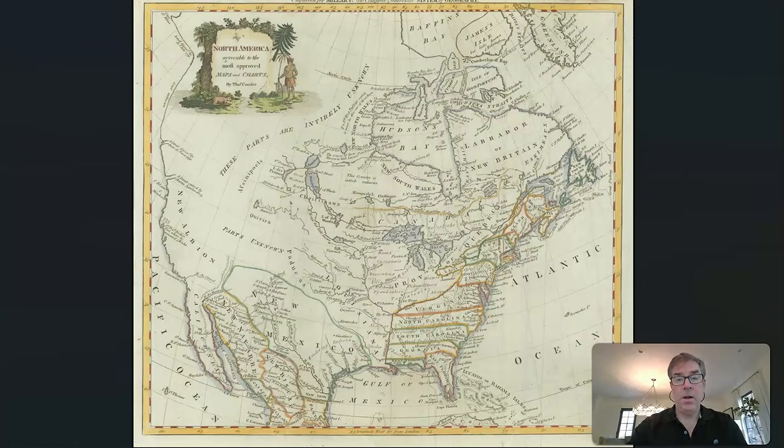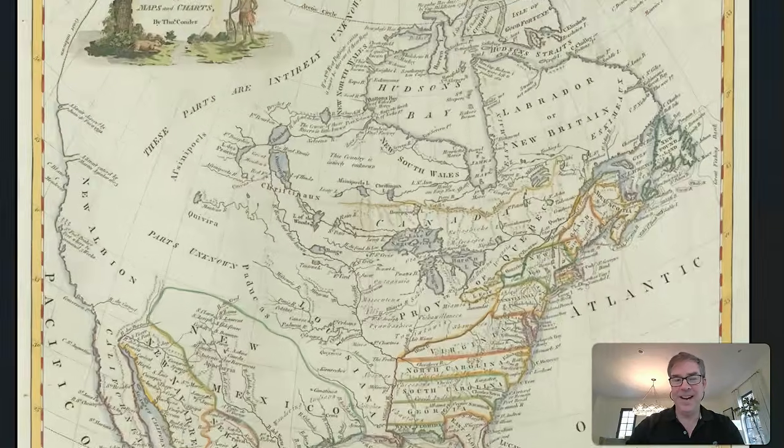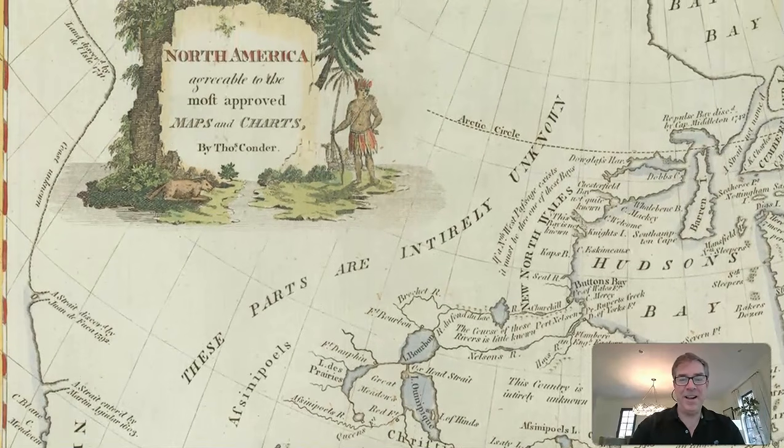You can see here, as we go forward in the late 1700s, again, California is no longer an island, and you can see that these parts are entirely unknown. So this map says where in the 1600s, they knew exactly what this was. It was the land of Jesus. It was the camp of the saints. But now, as these maps get more modern, suddenly all this land is unknown again.